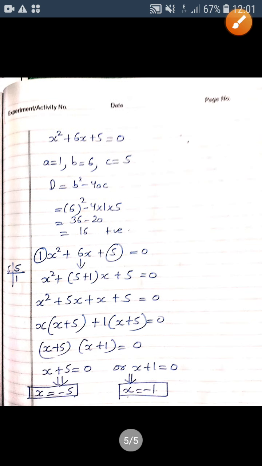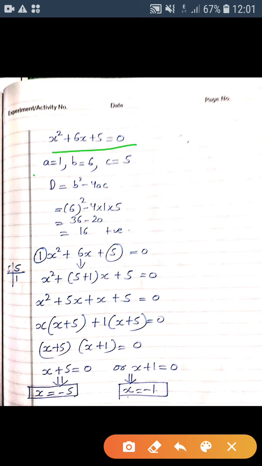So let us take one example of this. Suppose we have to use factorization over here on x square plus 6x plus 5. Now, the first step, we write the coefficients. A equals 1, coefficient of x square. B equals 6, coefficient of x, and the constant term is 5, so C equals 5. Now the discriminant is equal to b square minus 4ac. Let us find out. 6 into 6 minus 4 into 1 into 5, 36 minus 20, it is 16. Alright, it is positive. So definitely we are going to get real roots.